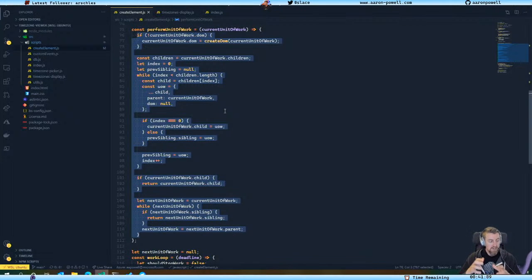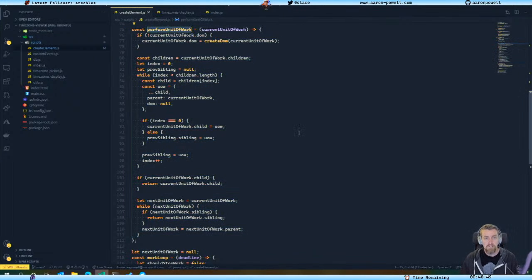When we're performing a unit of work, we want to be able to build that ourselves elsewhere, maybe when we're creating, maybe that create DOM method down the track, we'll see. But I'm going to rename this function, and let's call it